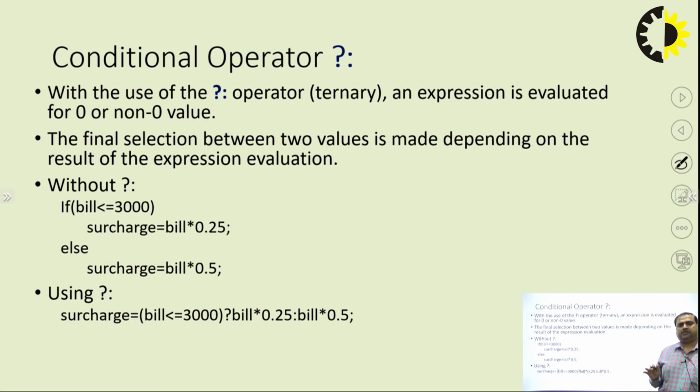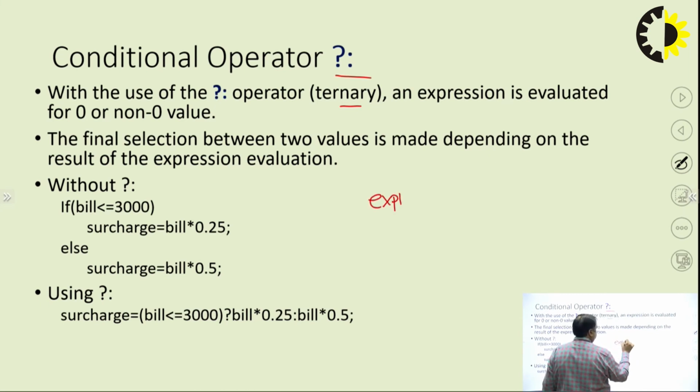The last branching statement is the conditional operator. It is not a statement, basically it is an operator which is used in statements. This is also used to perform branching decisions, that's why I put it in branching statements, with the use of the operator question mark and colon. This operator is called ternary operator because it uses three operands. We can write like